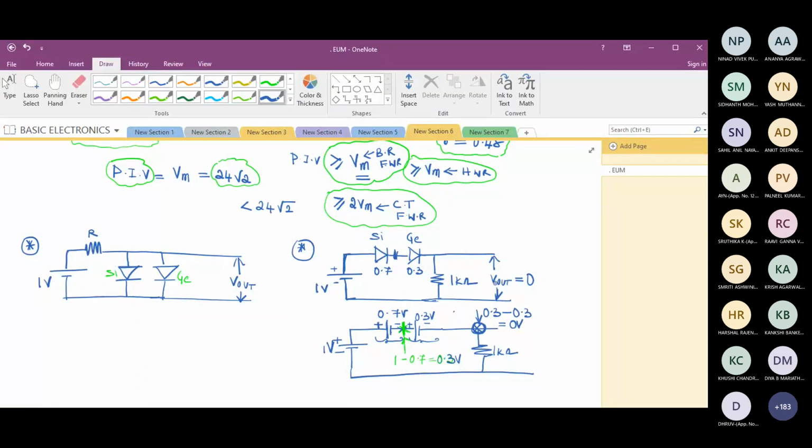You are also going to get those current equation numerical problems and the rectifier V DC problems, all of which are simple compared to this. This is slightly tricky. Those types of questions will be the scoring part for you. They will be much simpler compared to this, relatively speaking. But these types of questions you're going to get. By the end of this quiz, we are going to differentiate a good student from an average and a bad student.